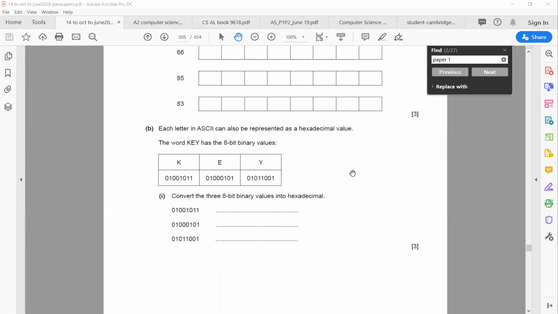Now it says each letter in ASCII can also be represented as a hexadecimal value. Convert ये 3 उसने values दे दी K, E, Y. Convert the 3 8-bit binary values into hexadecimal. Okay, as you know, for hexadecimal you will have to make groups of 2. Each group will have 4 bits. अगर इसमें 8 है तो जाहिर बात है 2 ही ग्रुप बन रहे हैं, और अगर इससे ज्यादा होंगे तो ग्रुप्स ज्यादा बन जाएंगे, ठीक है।